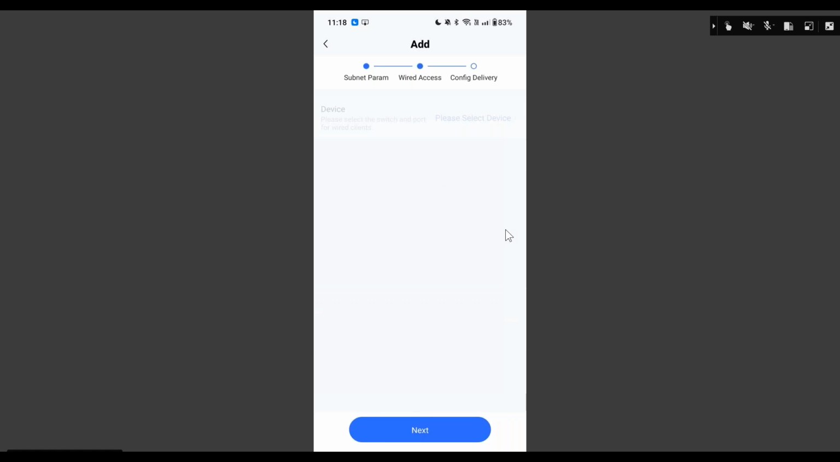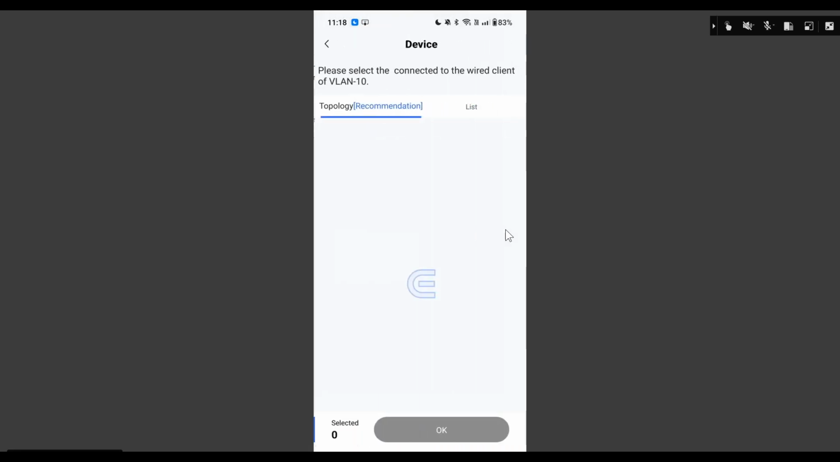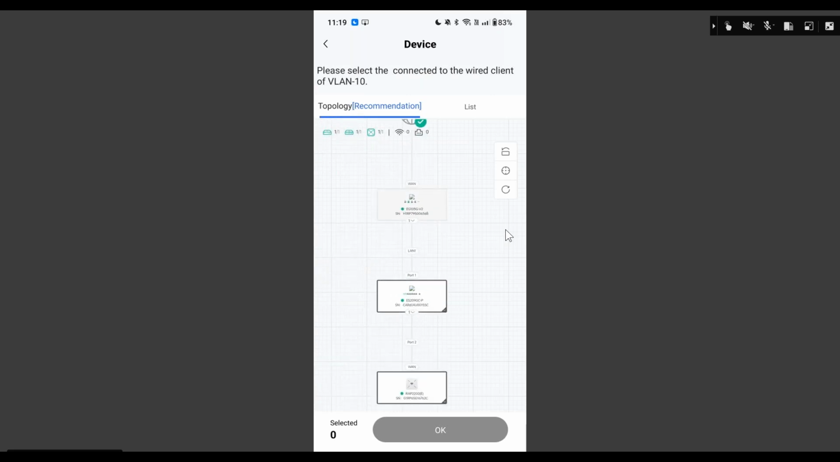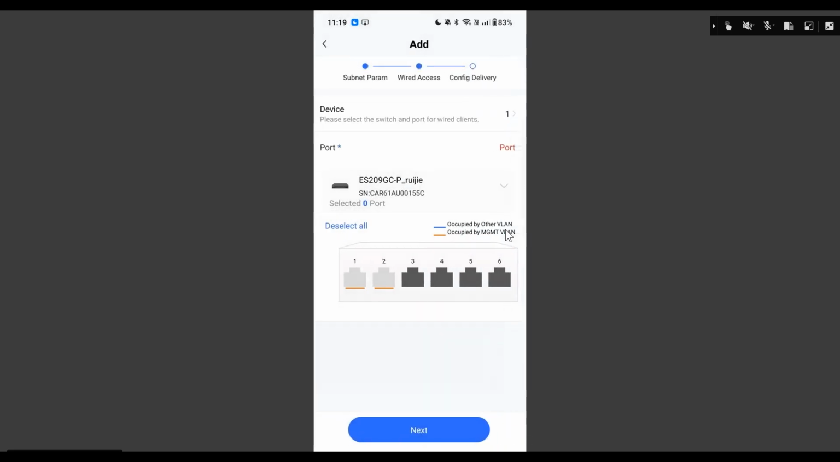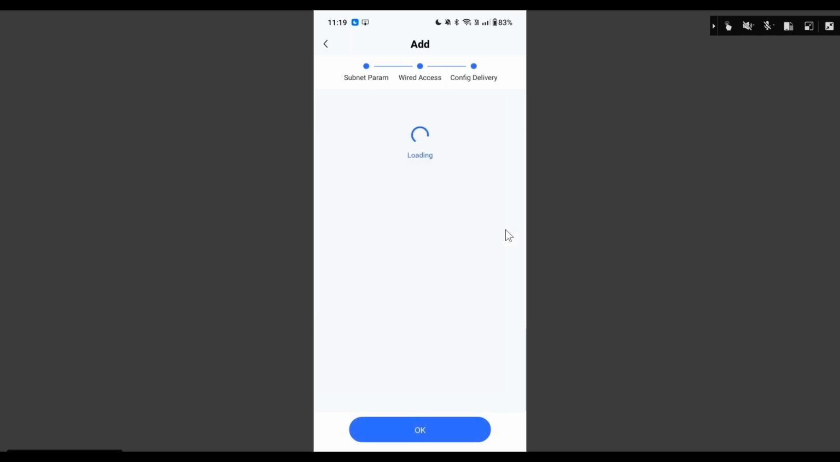Now we had to select the devices in which we had to configure this VLAN. We can see the topology, logical topology of my project. In this case, I am going to select my switch because I am creating a wired VLAN. So I had selected my switch, and now we had to select the port in which we want to configure this VLAN. I'm going to select the port number 5 and 6. Then click on next,